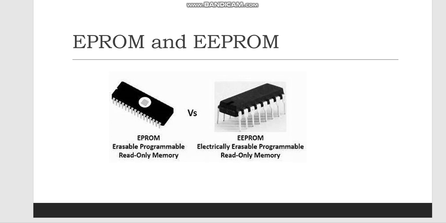Certain PROMs can be erased with electrical signals instead of ultraviolet light. These PROMs are called electrically erasable PROMs or double EPROMs. Flash memory is a form of double EPROM in which a block of bytes can be erased in a very short duration. Example applications of double EPROM devices are: first, storing current time and date in a machine, and second, storing port statuses. Examples of flash memory device applications are: firstly, storing messages in a mobile phone, and second, storing photographs in a digital camera.